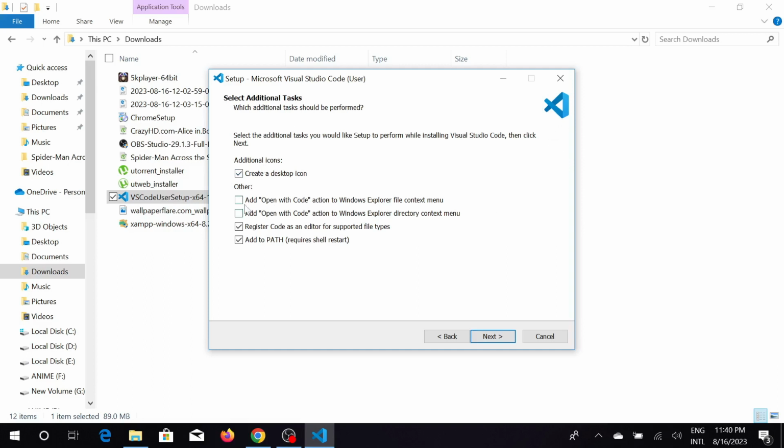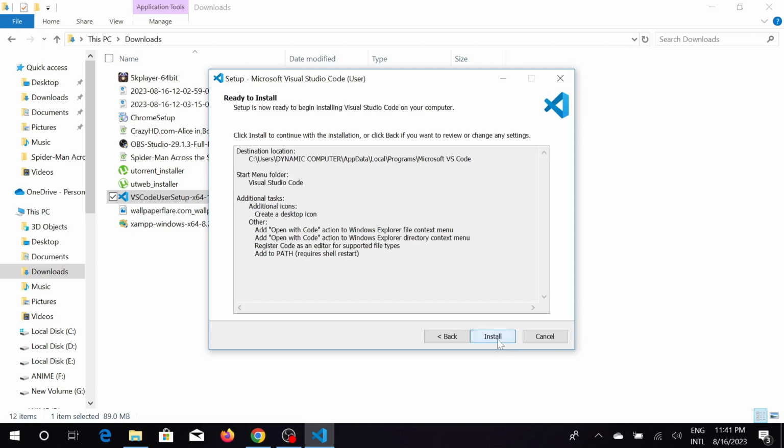So I'm going to click it, and I'm also going to click this one, add open with code action with Windows Explorer file context menu, and also add open with code action to Windows Explorer directory content menu. Yeah, you can choose to not click it, but this is the best way to install this. Just click next and stop,